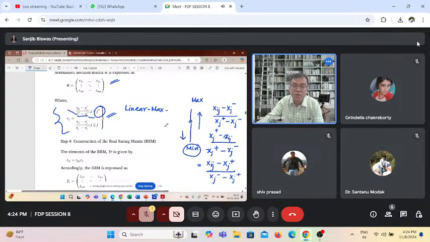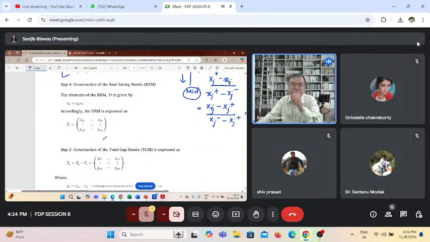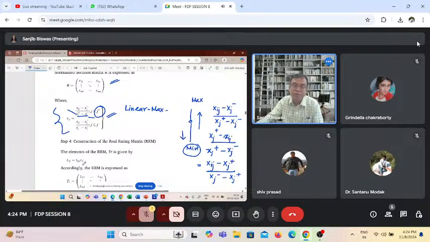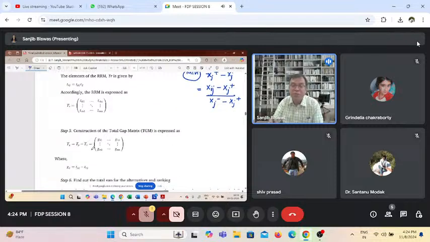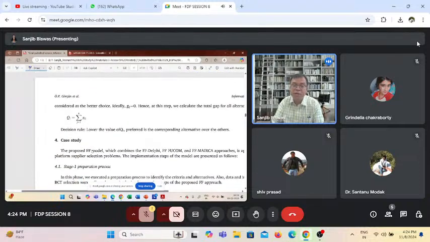So this normalization is used. Then we multiply the weighted theoretical rating by these normalization factors. Then we find the difference between theoretical and actual, and we get the total gap. Ideally the gap should be zero. If that gap is not zero, in a real case it should be as minimum as possible. This is the way we define the final score values of the alternatives, and accordingly the alternatives are ranked. The alternative which has rank 1 is the best possible alternative.